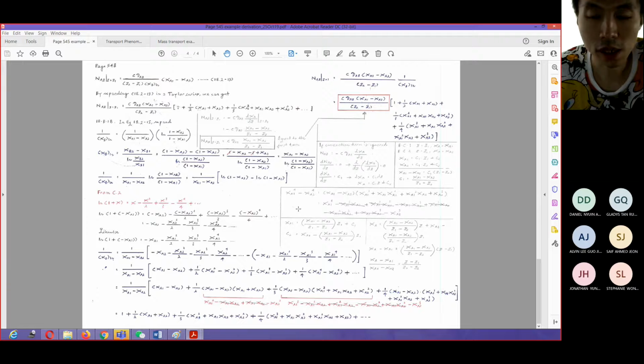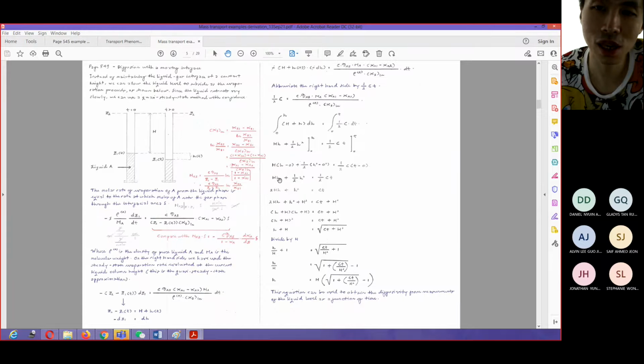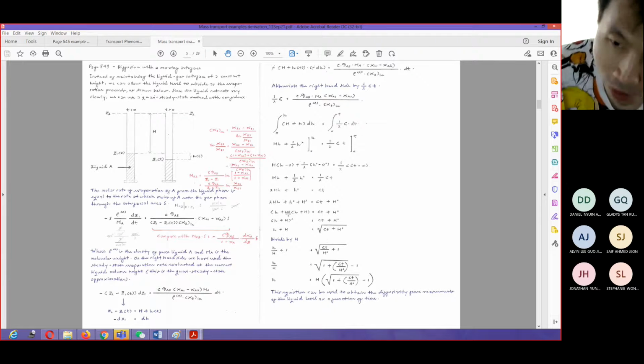Now you will ask me, Jaka, why do I need to care about this particular equation? What is the use of those equations in real life as a chemical engineer? I can't find anything. This is simply a mathematical term. I don't need to learn all these things just to be a chemical engineer. Then that brings us to the next problem that I will solve for you, so that these things can be utilized in a real situation.